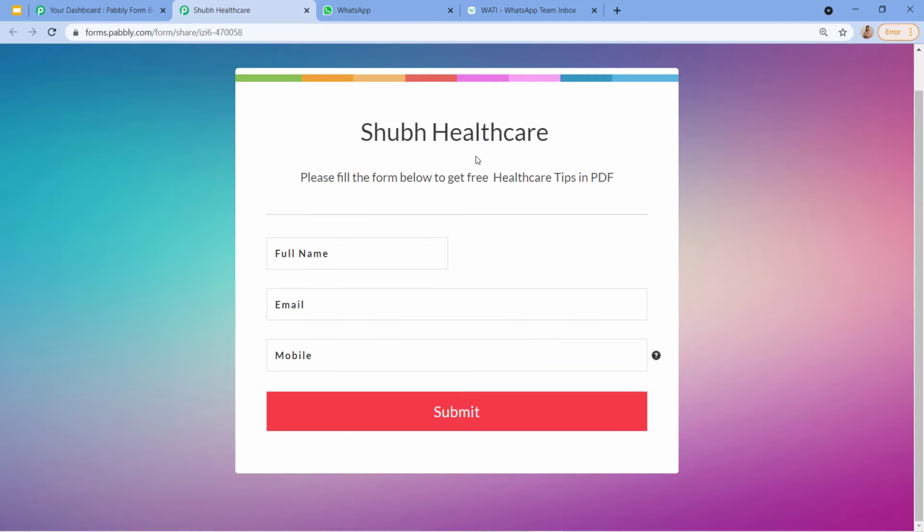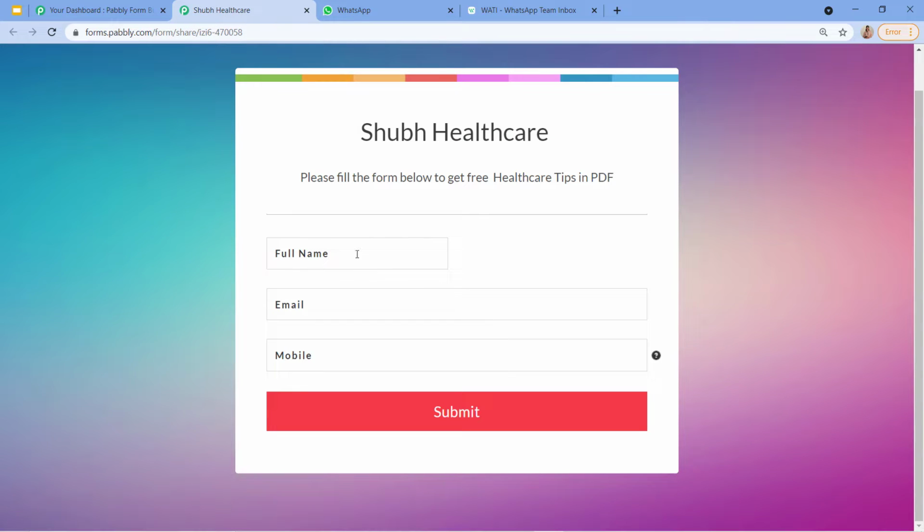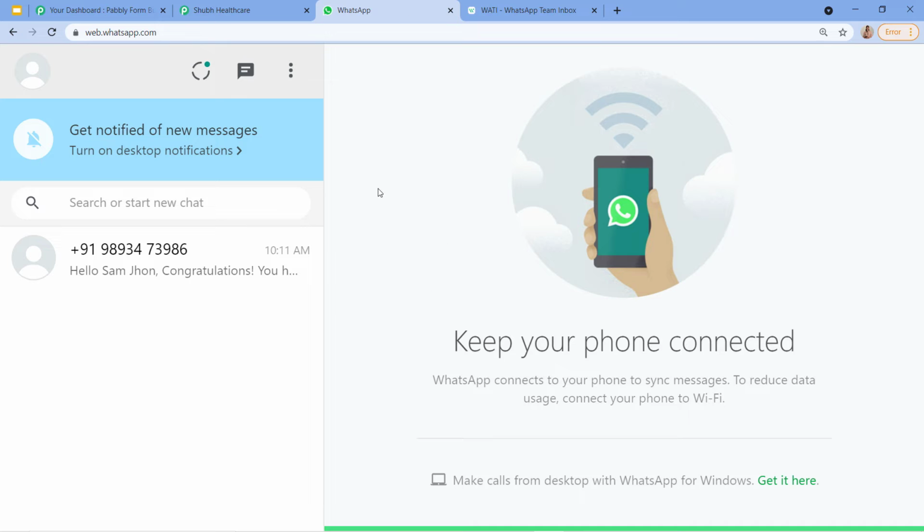This is the preview of my form. My form is completely ready and I have already published it. So now my users can fill all these details and submit the form. Now here the idea is, what I actually want to do is, every time a user submits this form, I want to send a WhatsApp message to them along with the PDF file. So here let's do a real-time example to check how this process is actually going to work. For this I am going to fill this form, and then we will directly check on WhatsApp if the user is receiving the message or not.